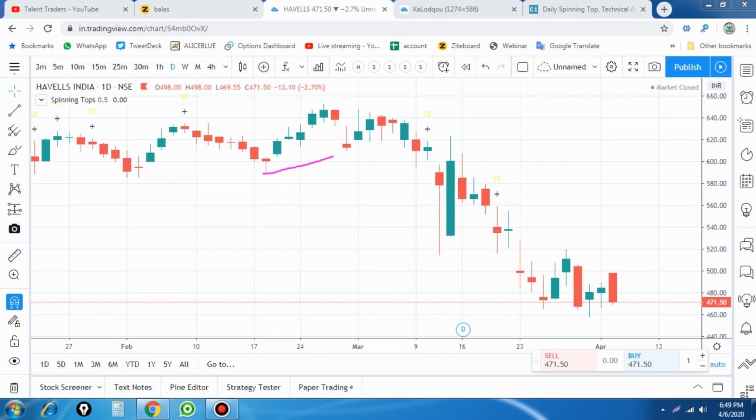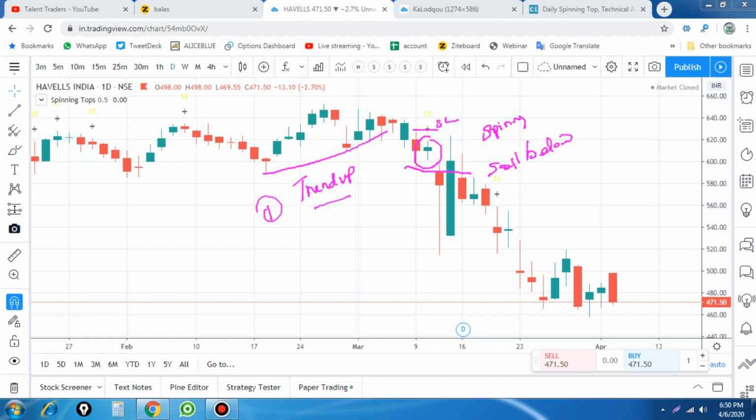here the market is in an uptrend, so that is the first thing we are going to find out. Then we find a spinning top candle. Here we normally expect either a green spinning top or a small black or white candle, that is, a red or green spinning top. So here I want to sell below this low, and my stop loss for the trade is this one.